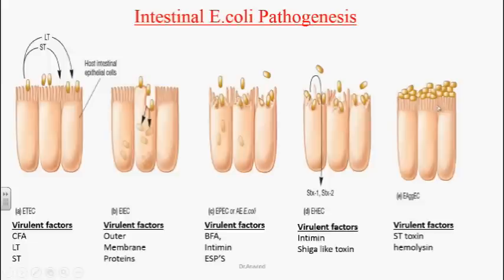So by making the biofilm, they can alter the actin filaments, and they can cause diarrhea. Always you can see a persistent diarrhea, continuous persistent diarrhea because of aggregative E. coli, but we don't know the exact pathogenic mechanisms. But we always see during the infection the biofilm formation because of aggregative E. coli.